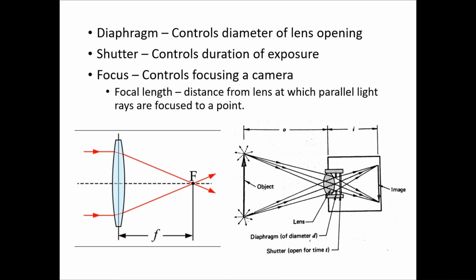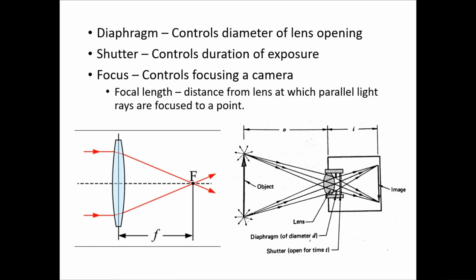Any other way to control the exposure or the light that it captures? That is by controlling your shutter speed, isn't it? Have you heard of shutter speed? The shutter speed is the time duration for which the camera lens is exposed: you expose and capture the light and then you close it, right? So the shutter speed controls the duration of exposure.